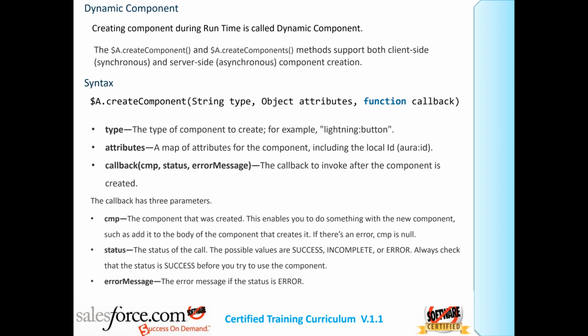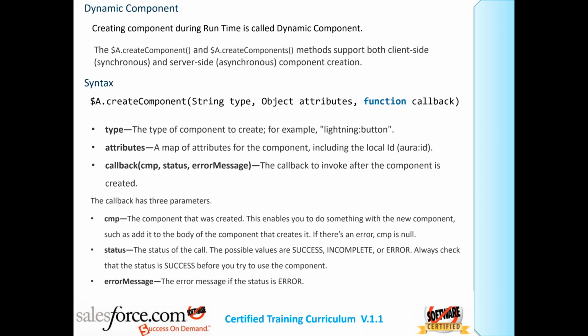We use $A.createComponent. We have two: createComponent and createComponents. createComponent will create a single component. createComponents will create multiple.